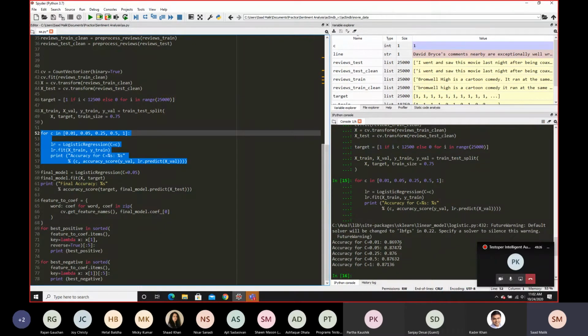So you can see based on this that the optimal value of C should be 0.25.